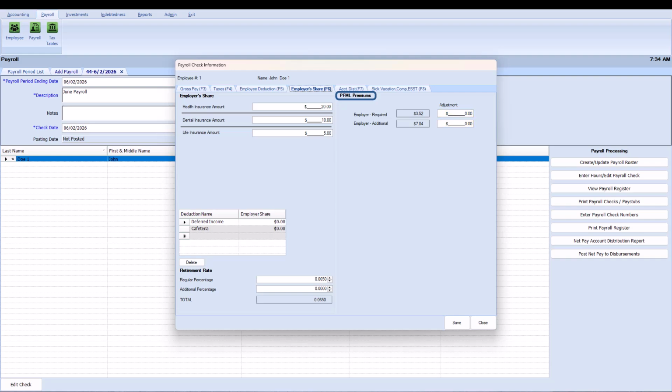If you were not using the paid family medical leave or didn't update right away, you may have to make adjustments to these boxes, and you can put in positive or negative numbers here and go ahead and hit Save. If you do not need to make an adjustment, you don't use the adjustment boxes, but now the adjustment boxes are available if you need to make adjustments, which included prior payrolls. If there are any adjustments from prior payrolls that need to be made, you can now use the adjustment boxes.